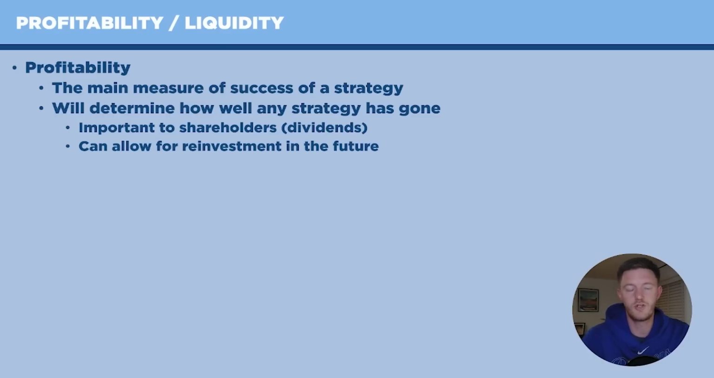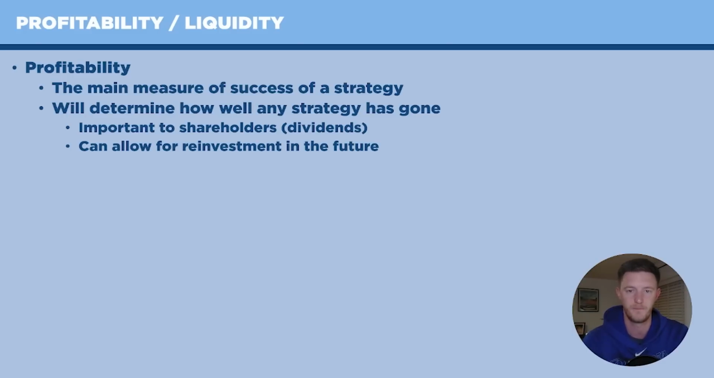Profitability and liquidity comes up in theme 2 in 2.3 and in theme 3.5 when we look at our ratio analysis. Profitability. Why is this important? Well, profitability is the main measure of how successful a strategy has been, and it will determine how well any strategy has gone. It's important for our shareholders because that's how we pay them dividends as a percentage of our profits, but also it's important as a source of finance because that can allow for our reinvestment in the future,